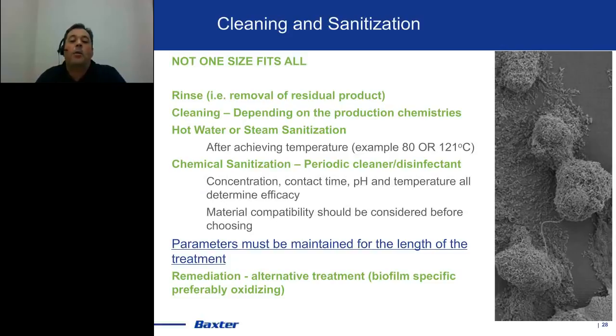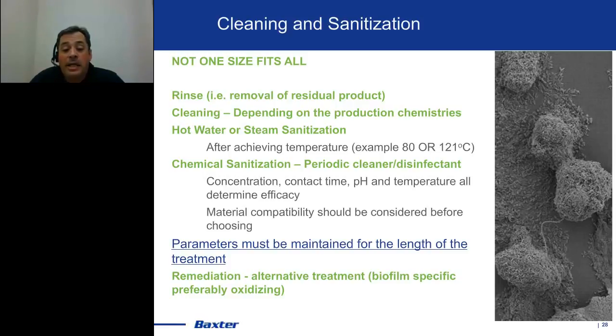When it comes to cleaning and sanitization, it is not a one-size-fits-all. I talked a little bit about the silicone wafer industry and the food industry. You can imagine that you can't design one cleaning regime that would be effective for both of those scenarios. Similarly, it's true in the pharmaceutical environment. Depending on what pharmaceuticals are being made, you need to tailor the cleaning and sanitization to that system. Typically, it involves some type of rinsing, followed by some type of cleaning, followed by sanitization.